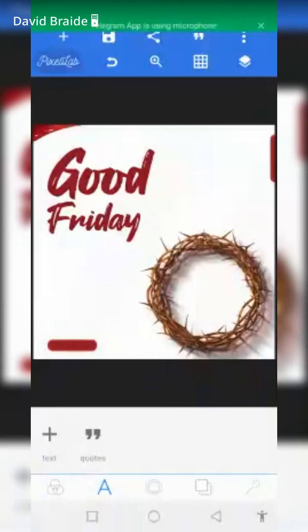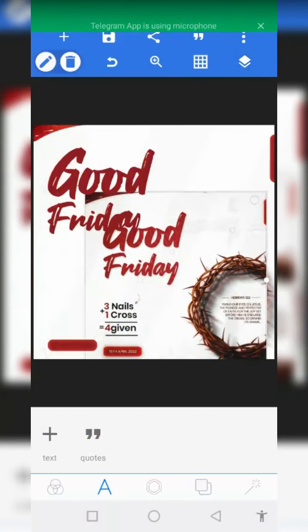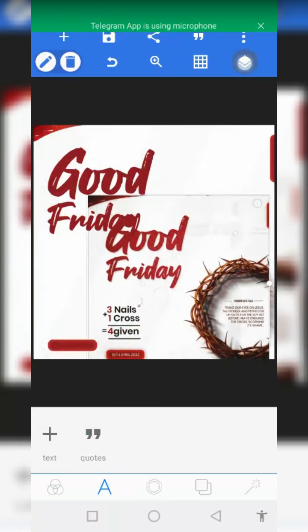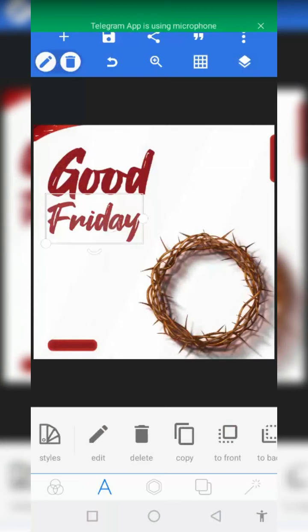Okay. So what's next again? You can see this thing is not difficult. This write-up, let's leave that one first. It's not something difficult. Let me show you one or two things that you need to do. These kinds of things, you add shadow. On this write-up, I will add shadow so it will look mature. I'll click on it